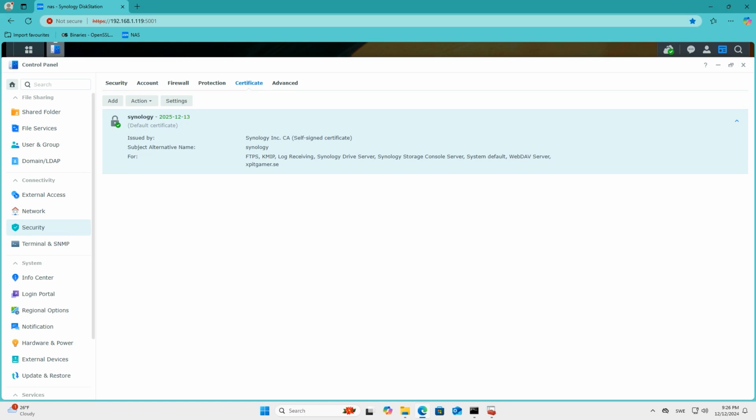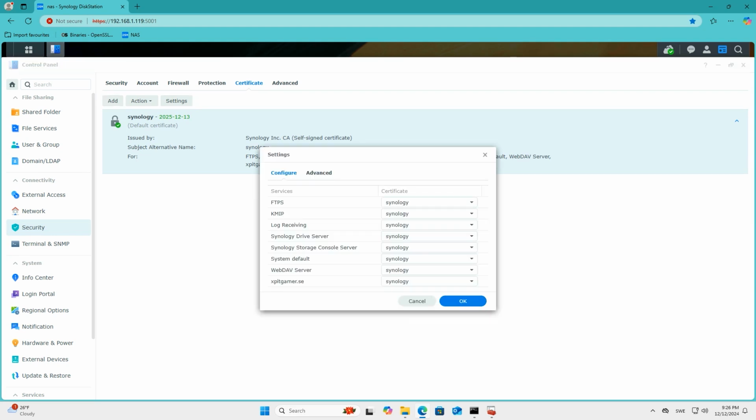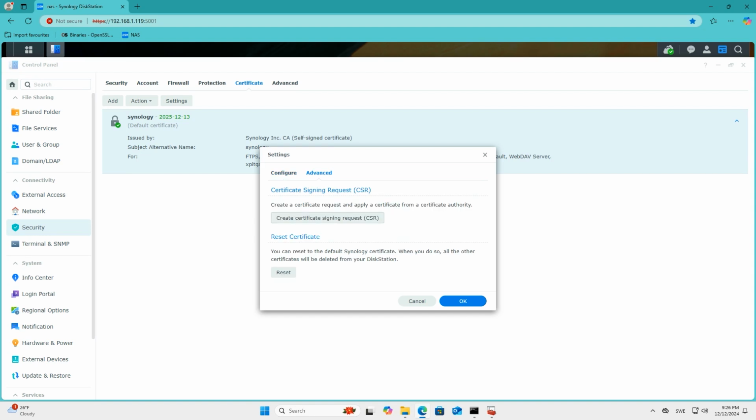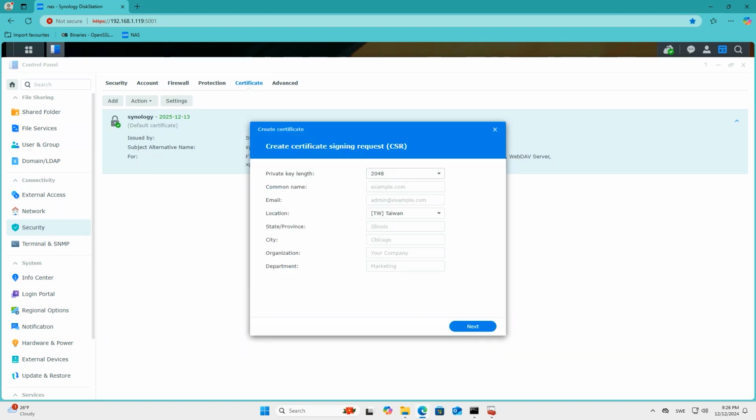So let's create a certificate request. So if I go to Settings, Advanced, create certificate signing request, and the procedure here is the same for if you are using your own private signed root CA, or if you are using some public certificate authority. And yeah, you need to pay, of course, for that one, but you create the request here as well. So I choose the highest key length, like that,